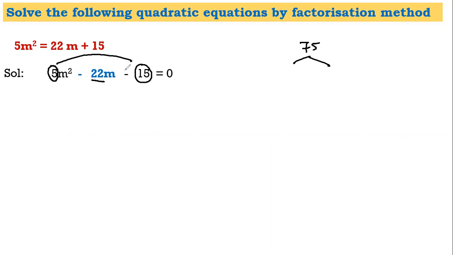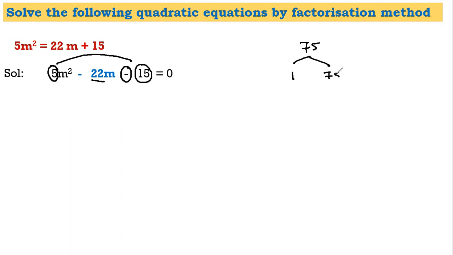Now students, we need two factors of 75 such that either by addition or by subtraction, it has to give us 22. Now, if you look at the last number sign, which is minus. Now we have discussed the importance of last number sign. If the last number sign is plus, we need to add and get the middle term. And if the last number sign is minus, we need to subtract and get the middle term. Now in this sum, the last number sign is minus, we'll subtract and get the middle term. And since 75 is a smaller number, I'll not go for prime factorization. I'm doing it like that. You can also go for prime factorization.